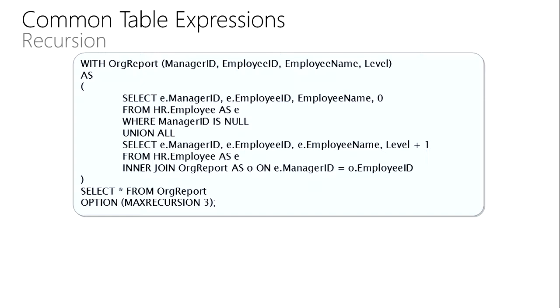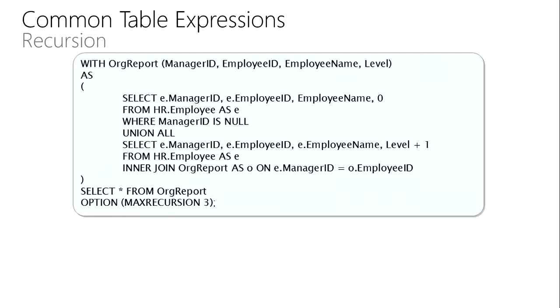But you're actually joining there to org report, which doesn't yet exist, because actually that's itself. Exactly, yeah. We have an inner join at the end. This is the recursive join. This is joining back again to my common table expression. So I've partially declared the common table expression, and as part of the definition of the common table expression, I'm using the common table expression, which is, again, that classic recursive programming. It's a bit of a head scratcher, but